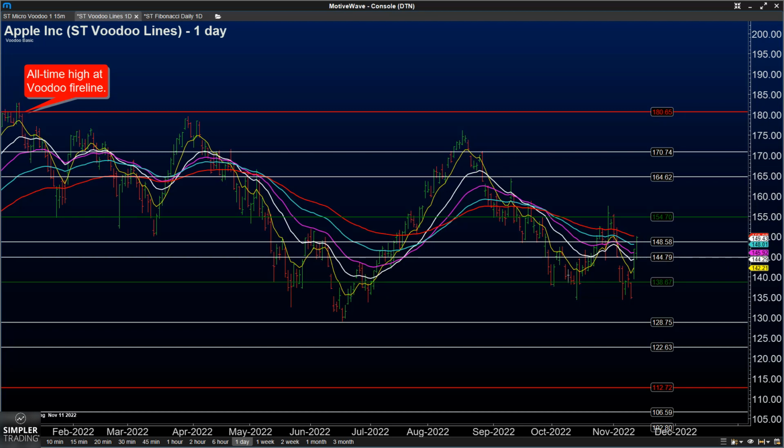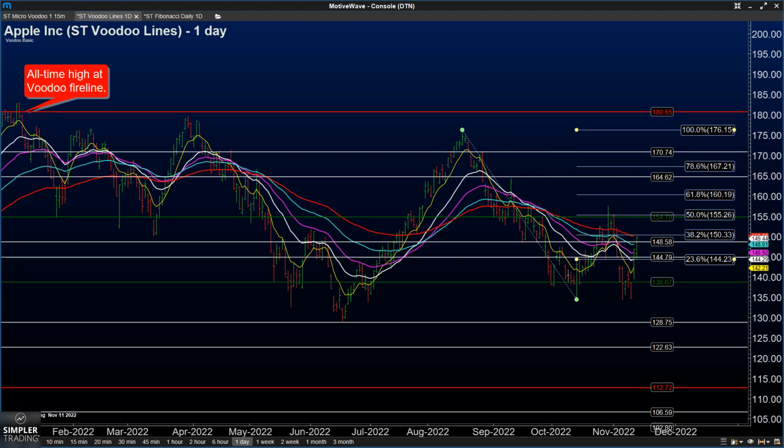the retracements here within this move down. So we can measure from swing high to swing low, and look at some levels. We did bounce today as high as the 38.2% retracement of that move down, and maybe that's where this bounce